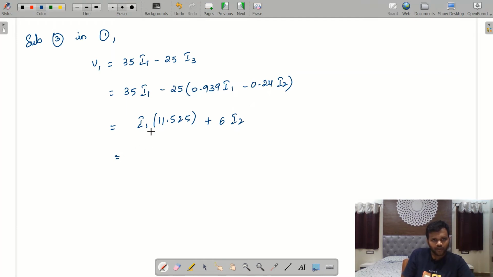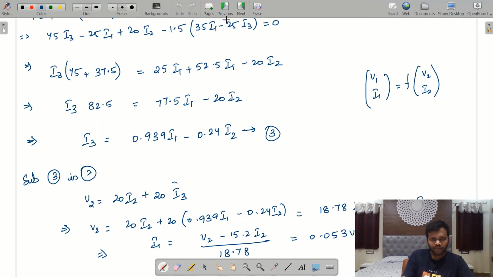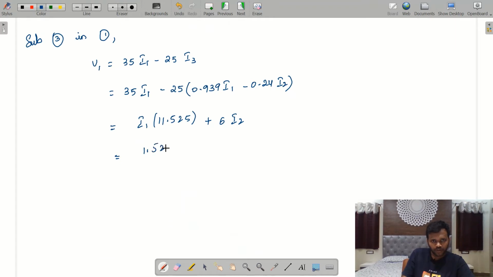Again, we need V1 in terms of V2 and I2. So in place of I1, I will write I1 equal to 0.053 V2 minus 0.8 I2. So 11.525 into (0.053 V2 minus 0.8 I2) plus 6 I2, which will be 0.61 V2,